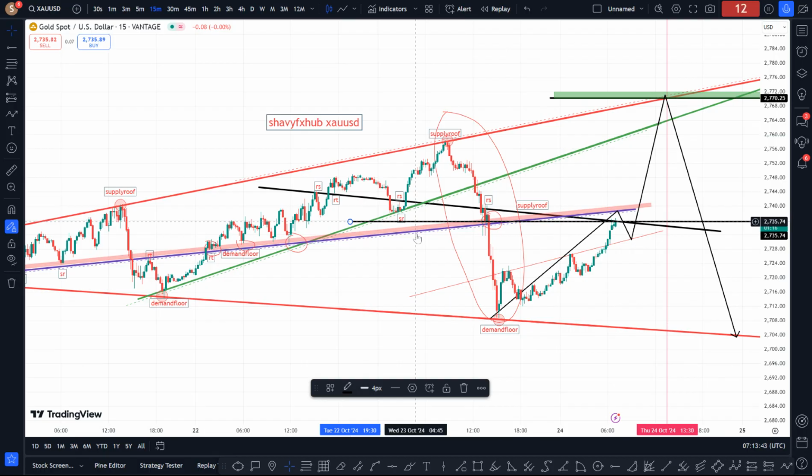So if it breaks 2735 on break and retest on 15 minutes, we might begin to see a push, and the final